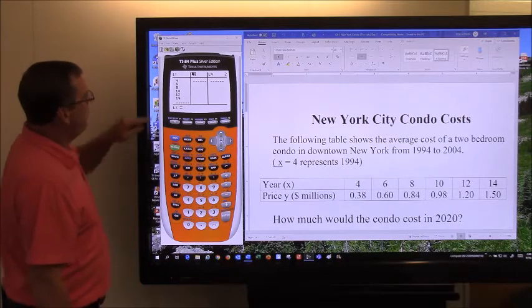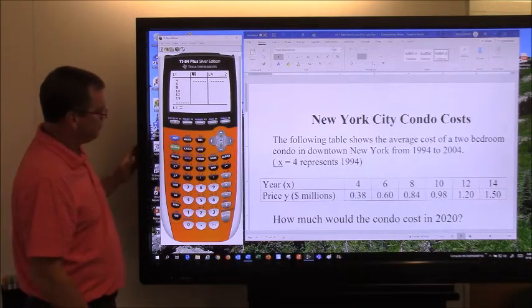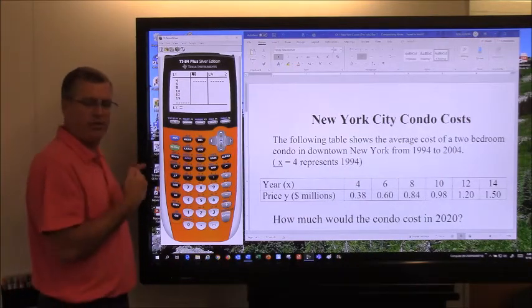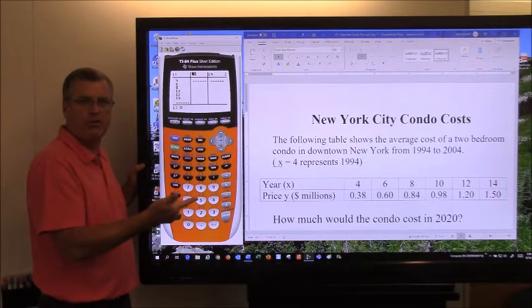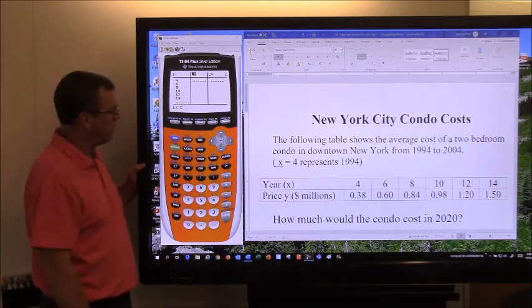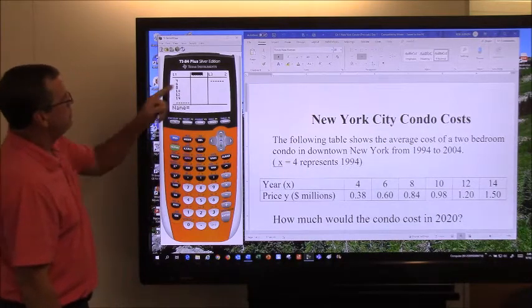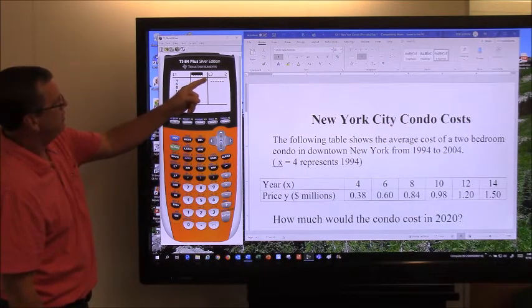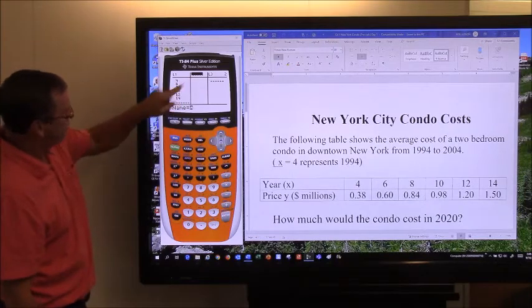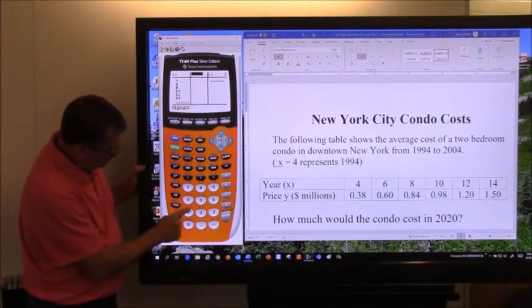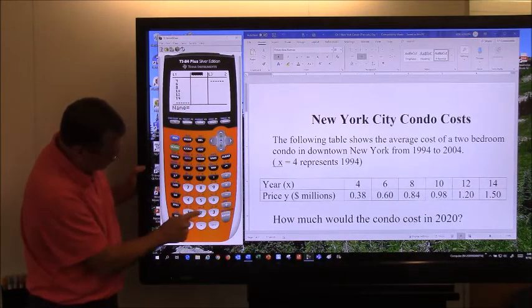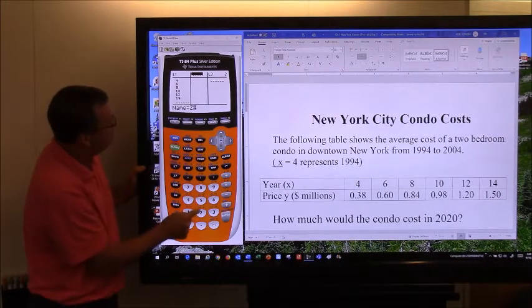And so the way that you get that back in there, it's kind of like if you want to insert something on the computer, you want to insert a picture or something like that, you go second insert. See how it pushed list 3 over? And what I really want is L2 there. And if you look down here, the second function option for the 2 is L2. So if I go second L2,